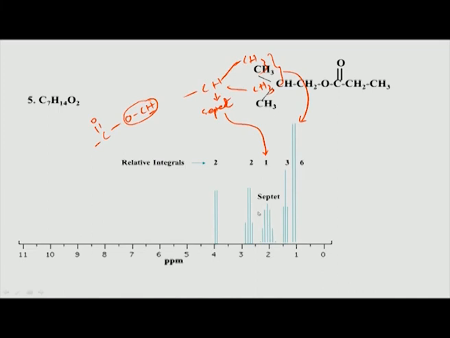So, remember always, if you see a septet in your spectrum, it automatically means an isopropyl group is most likely present. Of course, this is not the final confirmation, one has to first build a structure and then figure out, but most likely 90% of the time it could be because of this particular moiety, and therefore you are getting a septet. But if you expect this moiety, then you should also expect a doublet of intensity 6. Then you have the CH2 which is attached to oxygen, and because of this the CH2 comes downfield, and because this hydrogen is coupled only to one hydrogen, it is a doublet.